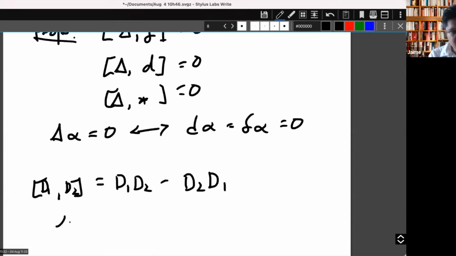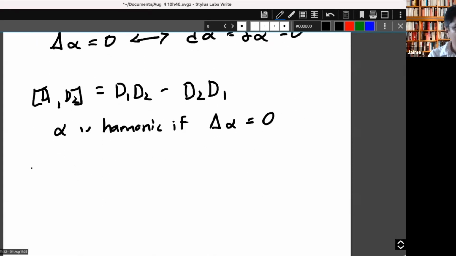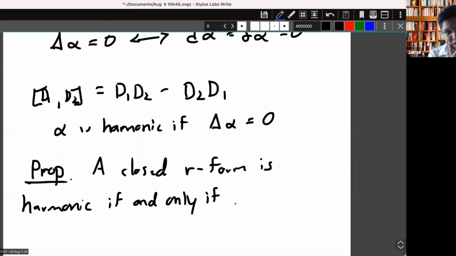So again, remember that a form is harmonic if the Laplace-Beltrami operator is 0, right? So another proposition that I didn't state before is the following. I didn't say this, and I think it's very important. A closed form is harmonic if and only if, when you take the norm with respect to the inner product I defined just above, this is a local minimum